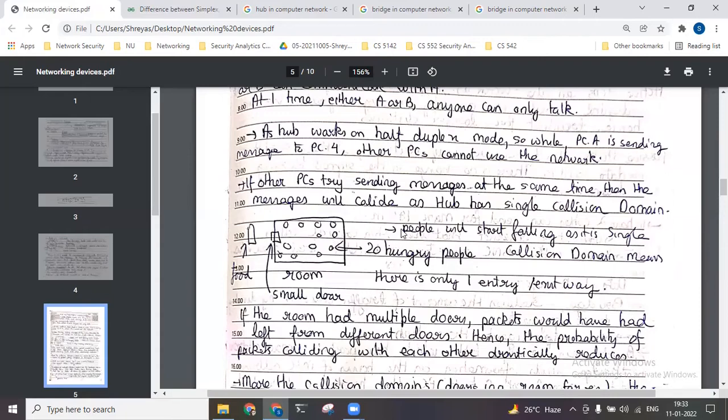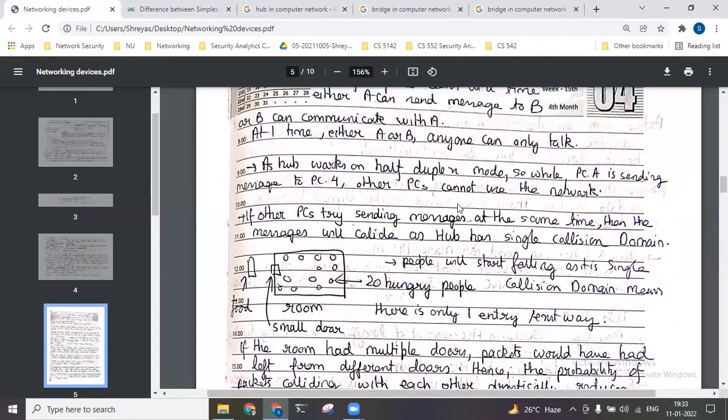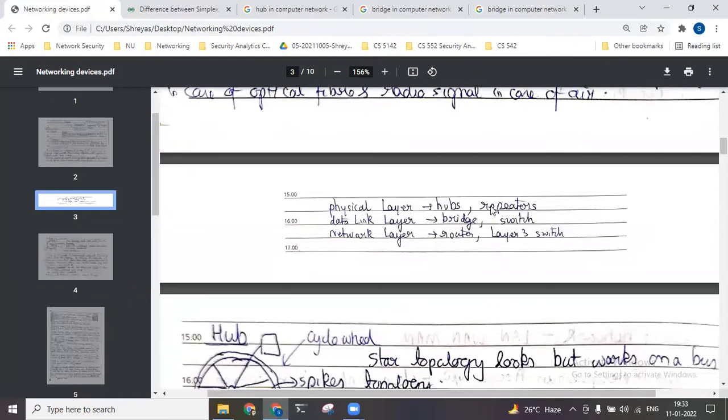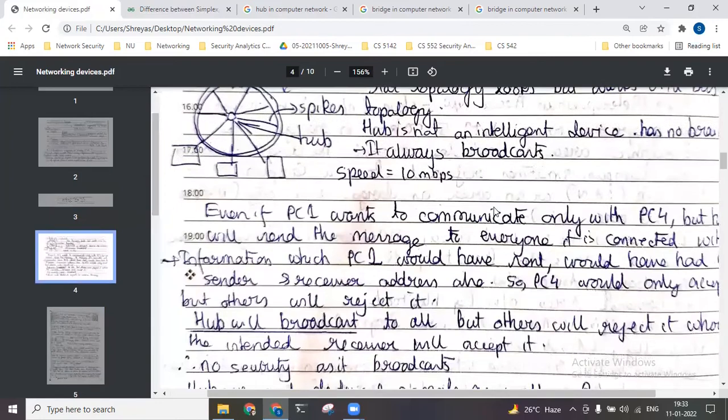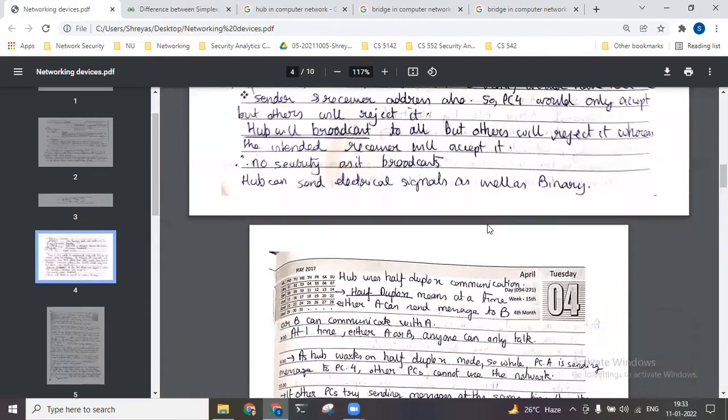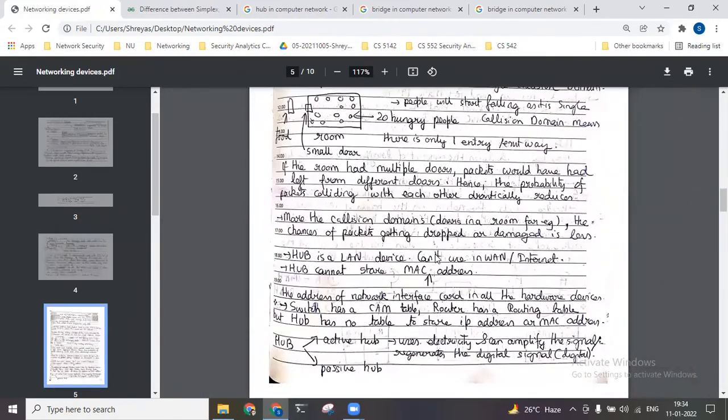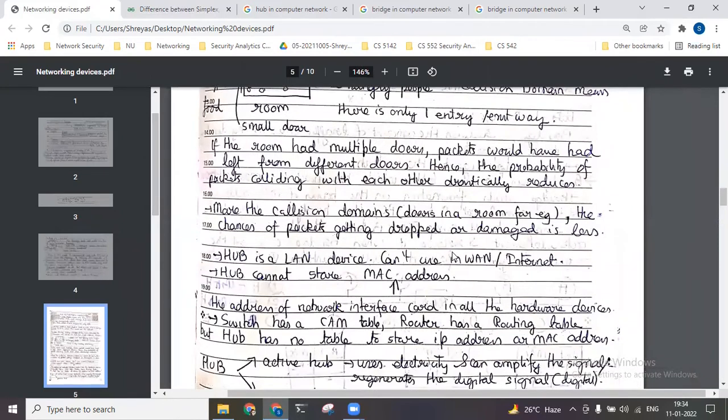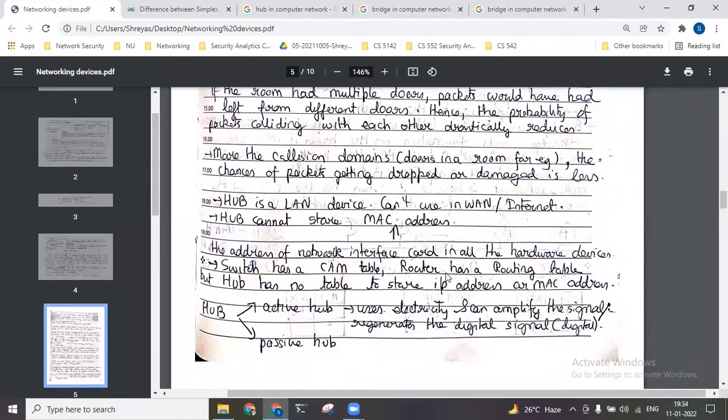So this brings us to the next type of device, as we saw over here. There are basically bridges and switch. So after hub comes the concept of bridge and switch. But yes, in hub there is also something called a repeater. So what is a repeater? Before going to bridge and switch, let's see what a repeater is. A repeater, as we can say, is nothing more but an active hub.